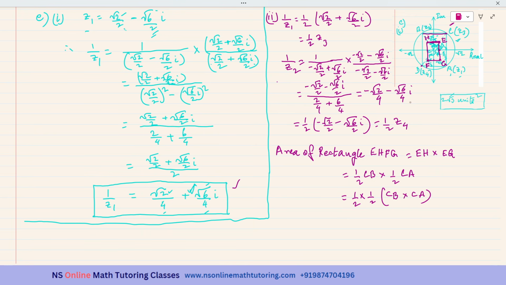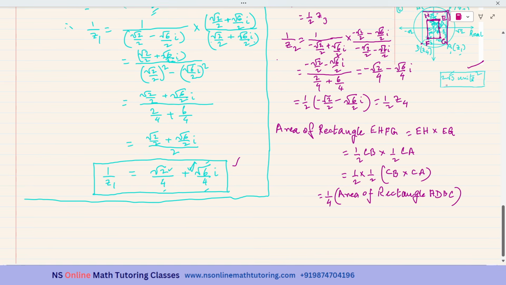And CB times CA is the area of the rectangle ADBC, equal to 1/4 area of rectangle ADBC. And what was the area of the rectangle ADBC? It was 2√3 units square. So this is equal to 1/4